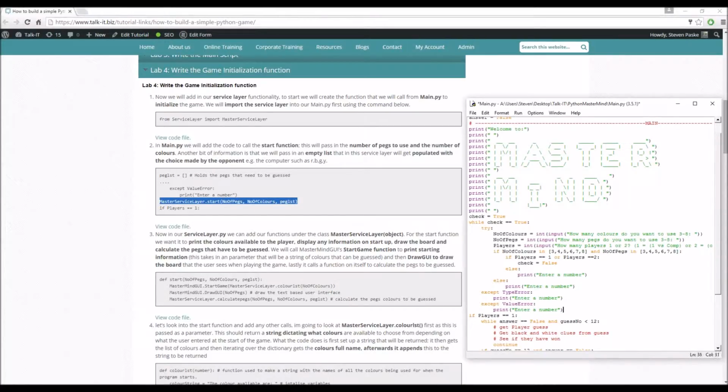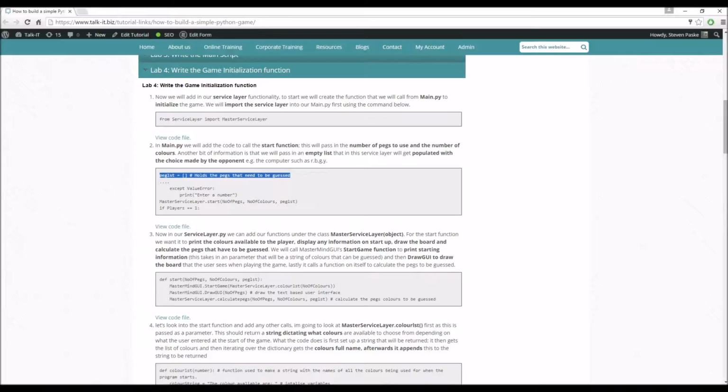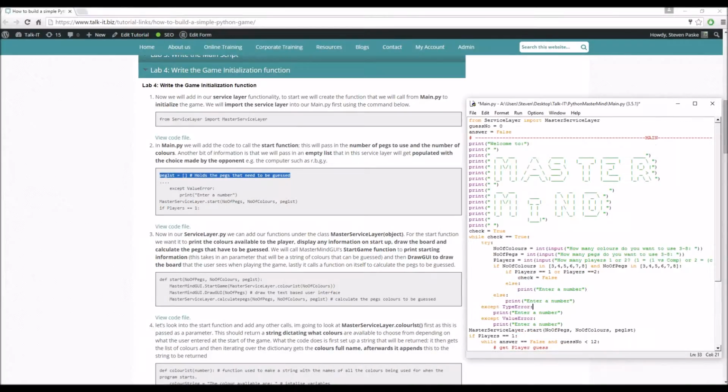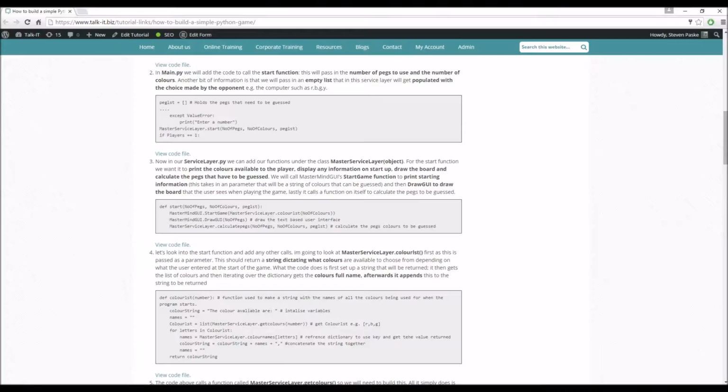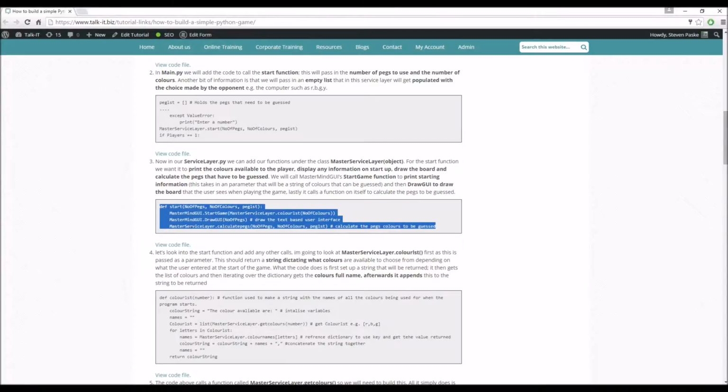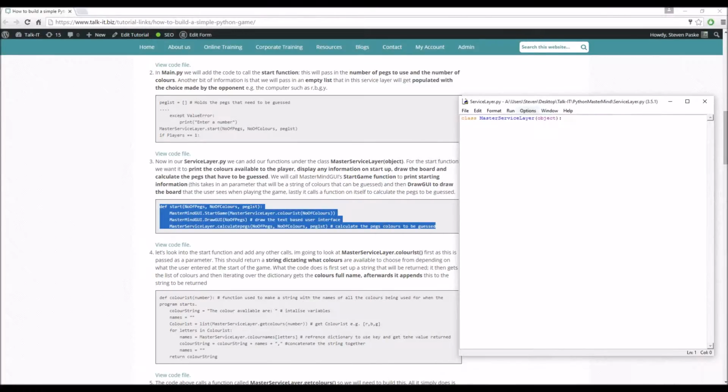So I'm going to do that. Once we've validated their input and we know that we want to start the game, we'll make that call. Also add in a variable to hold a peg list, which is going to be the sequence that's generated by the computer, the sequence of pegs that we need to guess. So jumping straight in, calling the start function inside the master service layer here. So going to the master service layer, putting that across,